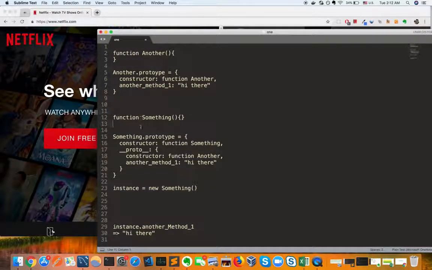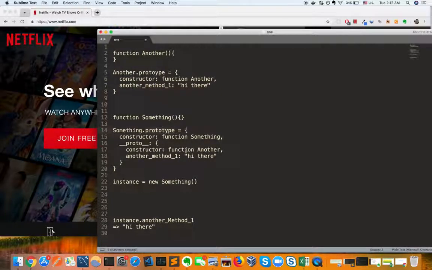Function something's prototype object, which defines its instance methods, also has a proto property, which points to a prototype. And this prototype object is function another prototype object, and it has another method one defined. So if I create an instance from this function something,